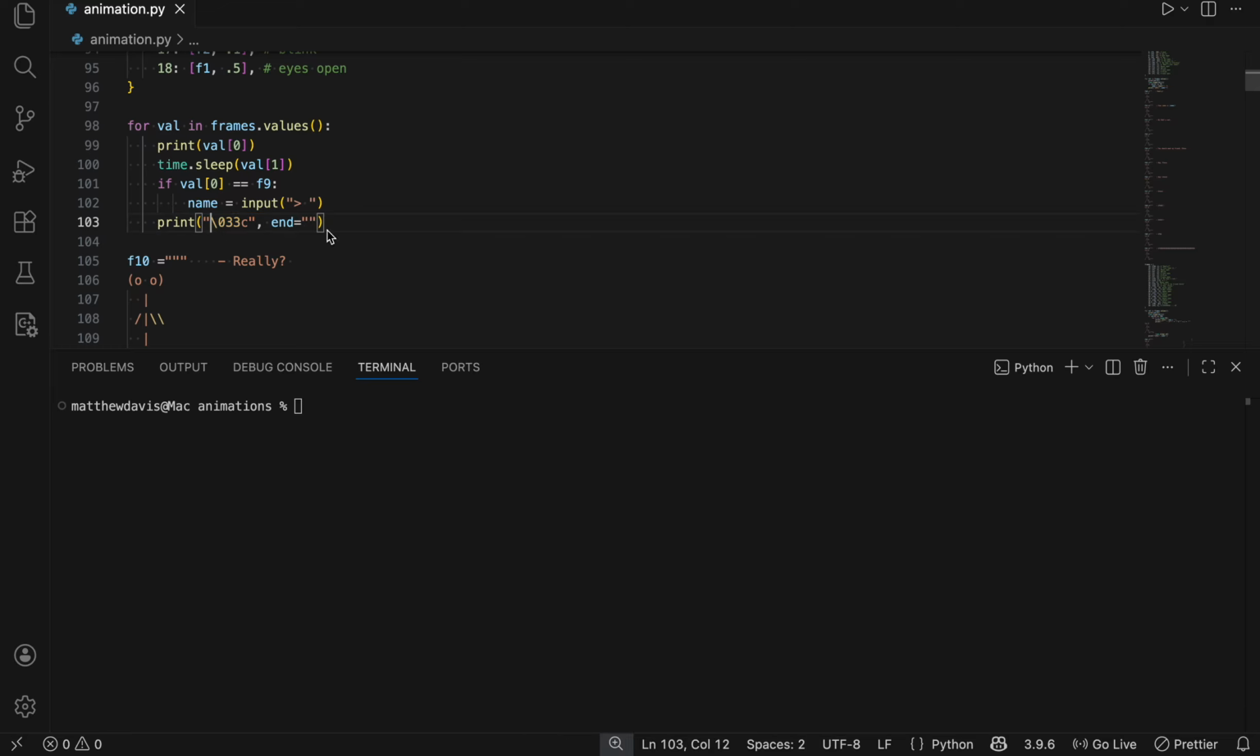And just like I said, those backslashes, like this backslash here, there are certain commands that I'm telling Python. I'm not actually printing this line, backslash 033C. I'm actually printing, that is the clear command, I guess you could call it. So when I print that, it clears everything in my terminal. And there's a lot of advantages to that when you're programming, but when you're doing an animation, it's super nice